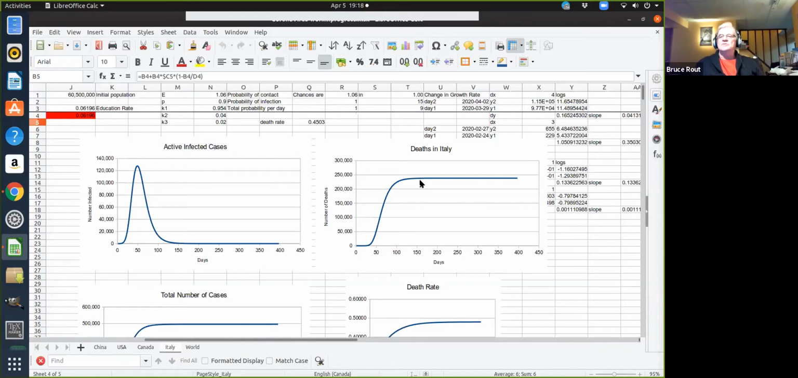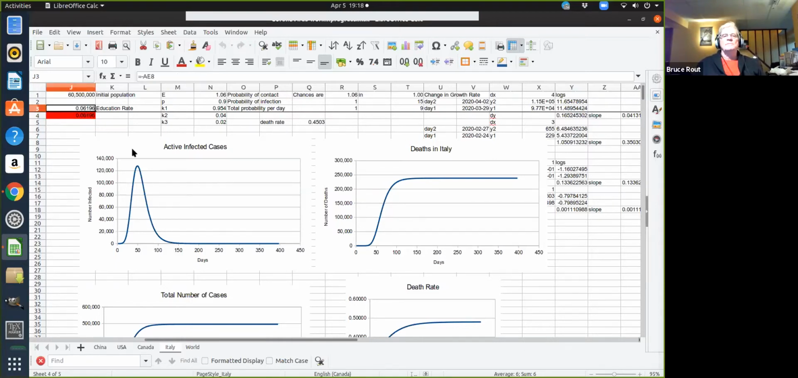The number of deaths will be about 250,000 people will die, and eventually it will hit about 130, 140,000 people actively having the disease at any one time. That is the number of people, you can think of them, that are sick, and the hospitals have been completely ruined. But look,